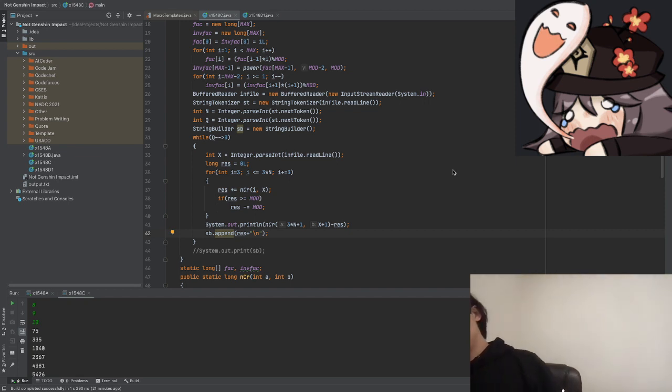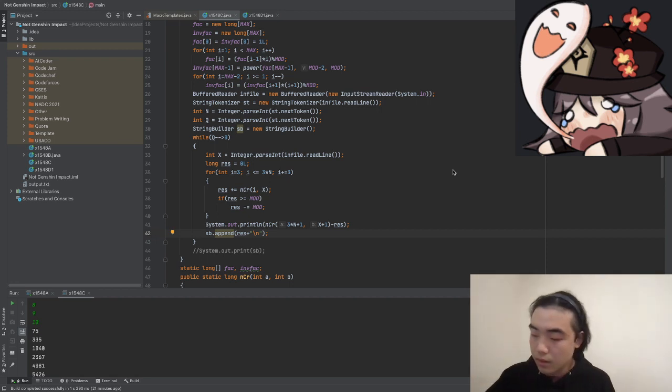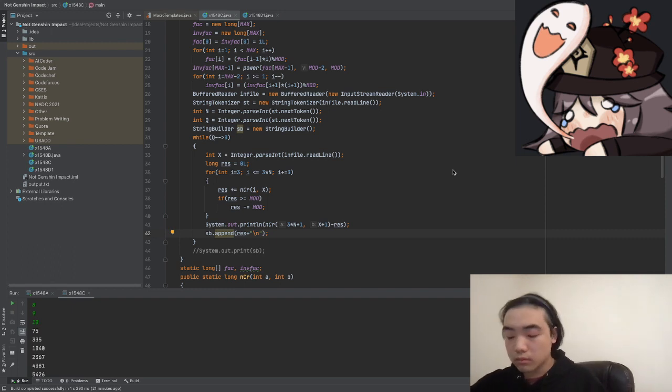Wait, if we can find this number quickly, can we find the next number quickly? Because x is at most n. So if we can find 3i minus 1 choose x minus 1 versus like